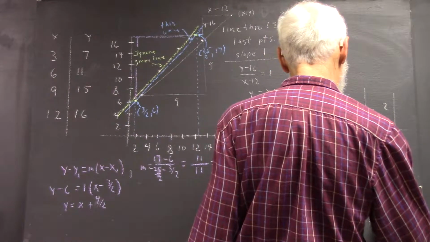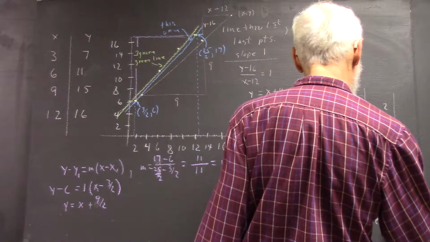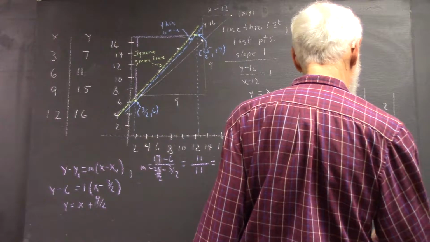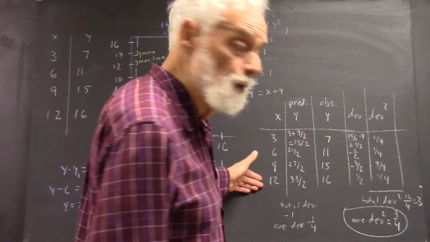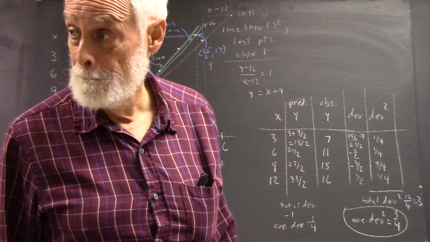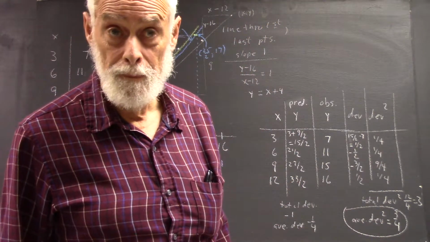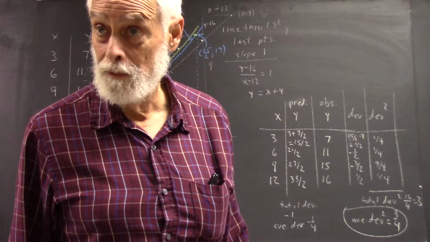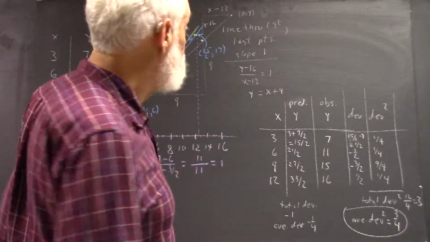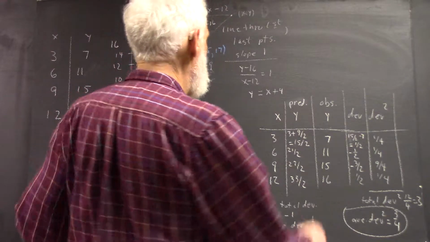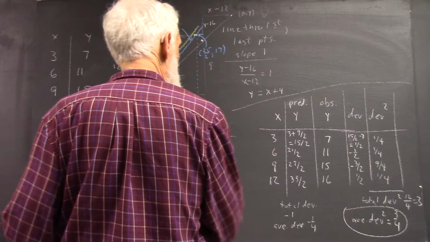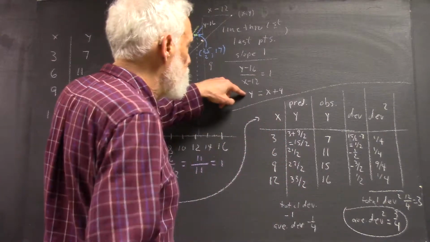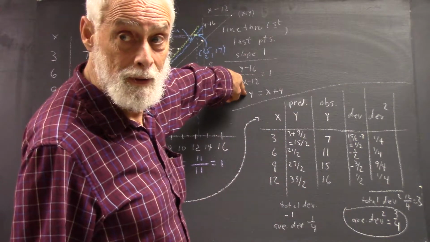Average squared deviation is then 3 divided by 4, because you're going to divide the total by the number of points, right? Okay? Make sense? Now, if we calculated this based on this line,